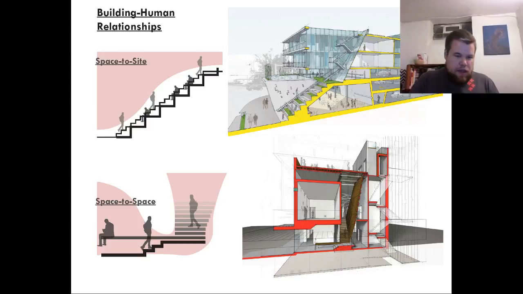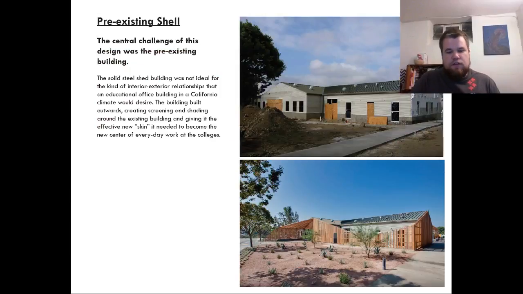Here again, we see that kind of space to site and space to space relationships, how they have different ways of physically sussing themselves out. One of the main elements that we're taking from LTL Architects' idea is when they were strapped for money, when they didn't have a lot of changes to make to a building. It had all the space they needed, but they just needed to relate different spaces to the building, and then the building to the site, and all of that to the human scale.